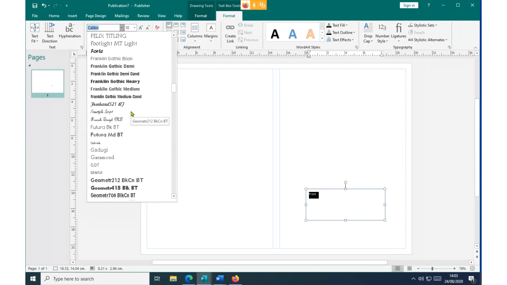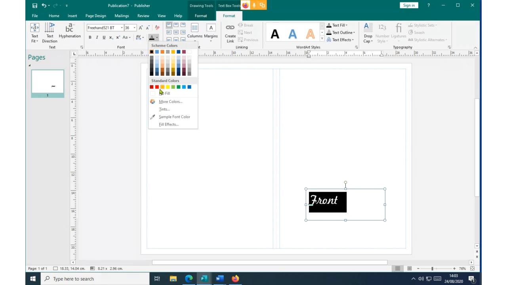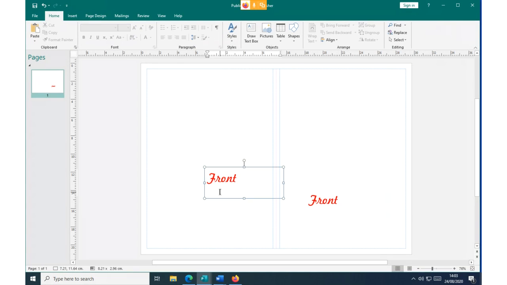This one here, yeah, this is the Freehand 521 BT. Then I increase the size to that level. So this becomes my front. This is our front. And then this side, let me just copy this and put it here, and this becomes my back at the moment.